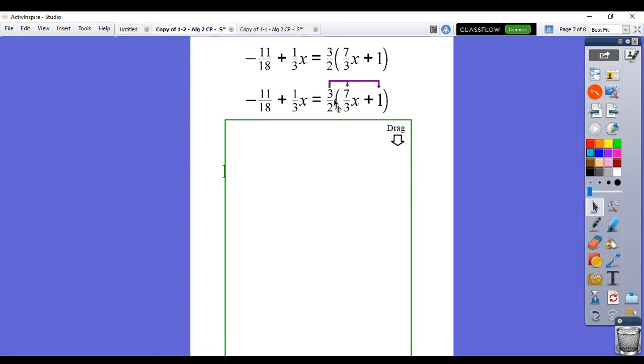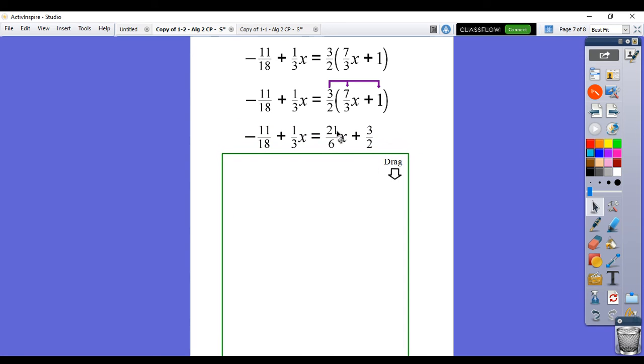When you distribute the 3 halves there, remember, when you're multiplying a fraction by a fraction, numerator times numerator, denominator times denominator. So 7 times 3 will give me 21. 2 times 3 will give me 6. So that's why I have 21 over 6 here. 3 halves times 1 is going to be 3 halves. And if you notice, everything on the right side of the equation, I just drop them down. Okay, don't worry about it. Now,